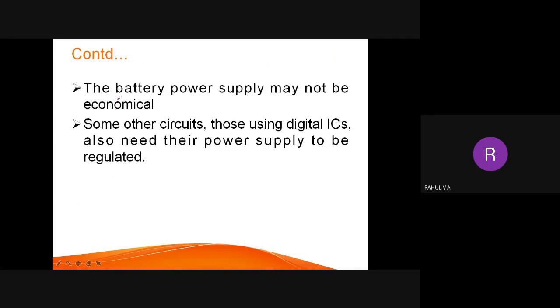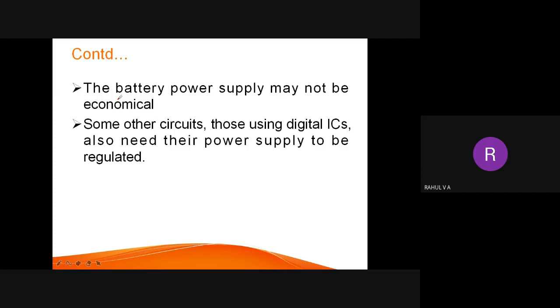Okay, so what is the problem if you use only battery? We know that electronic toys are there. When you are using these toys for 2 or 3 days continuously, the battery will drain out. So you need to replace the battery again. So it is not economical. You may have seen in your childhood, you had some toys like cars, JCB, etc., which make some sound and all. When you keep on operating this for 2 or 3 days, the charge will drain and you won't be able to operate it on other days.